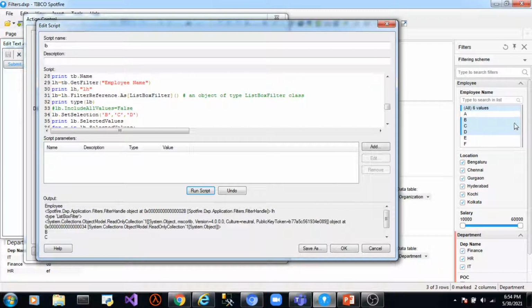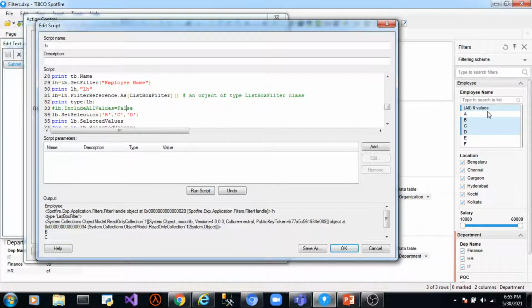To deselect this, there is a property called IncludeAllValues, which you can set to false. As the name suggests, if you want this All to be included along with other filters, you can either leave this setting at default, or you can set it to true.